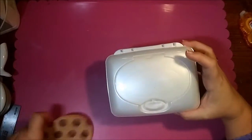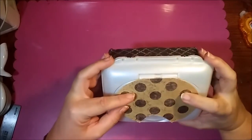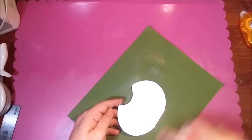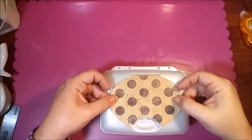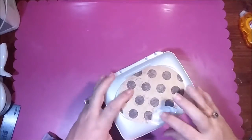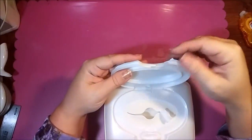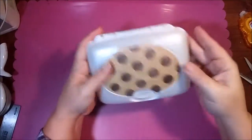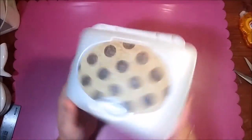Okay, now I'm going to go ahead and do the top lid here. Just kind of line that up and press it down. Make sure I get it on the hinge. There we go. Now looking at it, I can even go ahead and cut it just a little so it's perfectly even for the closure. There we go. Okay, now the top is covered and the sides are covered,